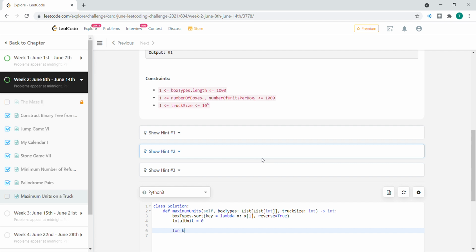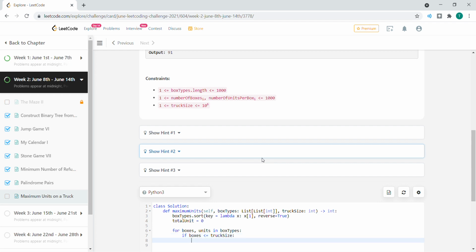So for boxes and units in the sorted box types, if boxes is less than or equal to our truck size,